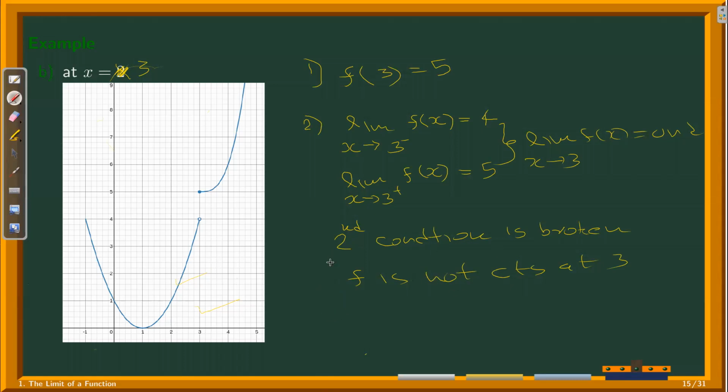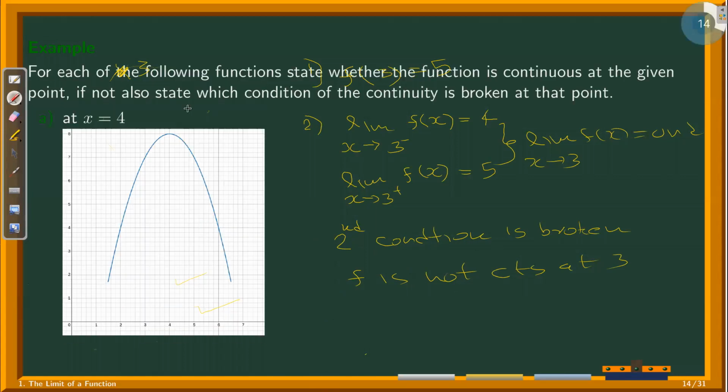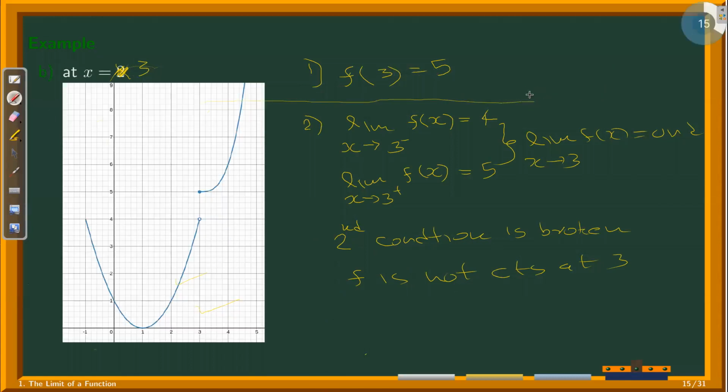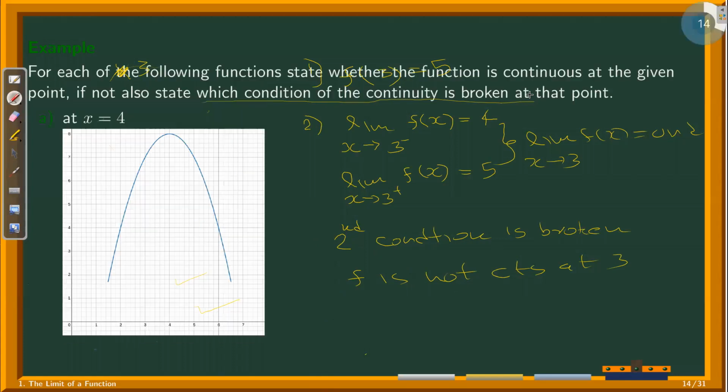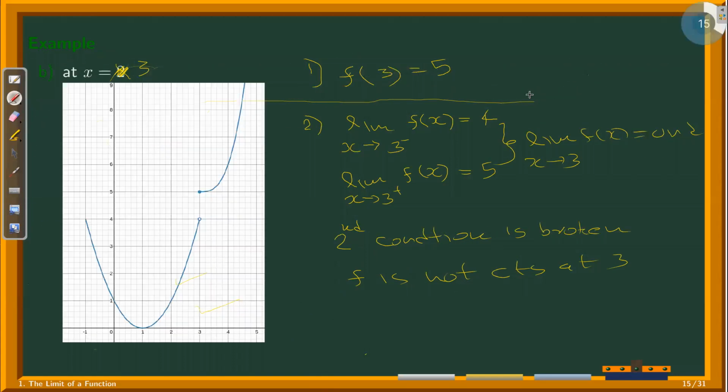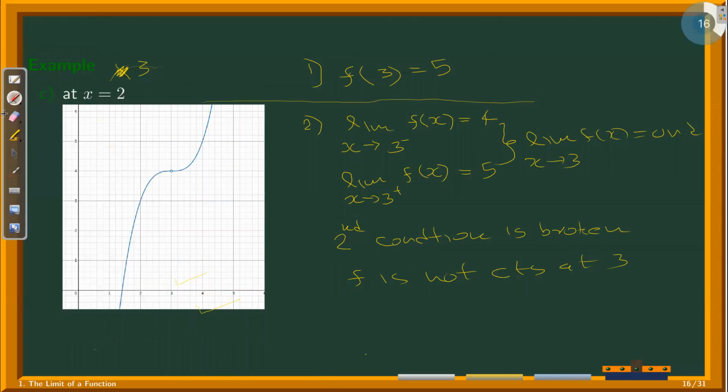Okay, you have to tell which condition is broken because it says state which condition of continuity is broken, if it's not continuous. If it's continuous, all 3 hold. No. Okay, so these are the conditions. Now with this one, can you send me the answer and tell whether it's continuous or not,